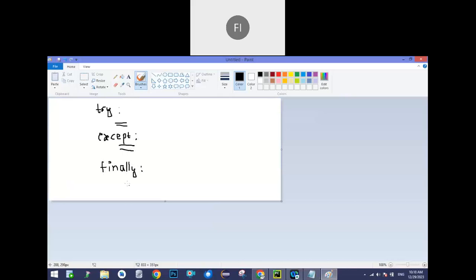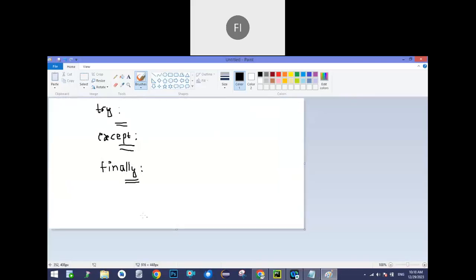Okay. And these are all blocks. That's why I'm writing, if you observe that, with colons. And the last block will be the else block. Else is common for everything in Python, as we know. So it will be there for if, for loop, and while loop. For everything, else will be common.